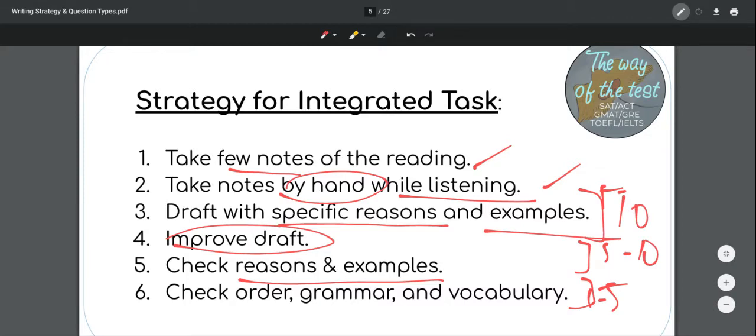But remember, try not to get caught up in constantly checking your grammar or your vocabulary or even your spelling, okay? Don't even check your spelling. Just go ahead and focus on the ideas. Okay,